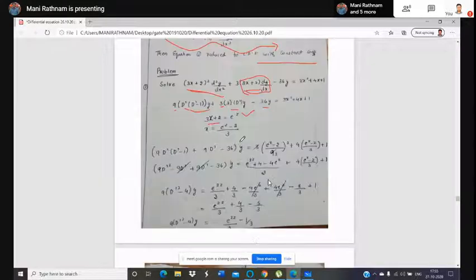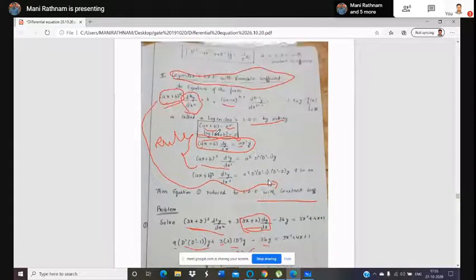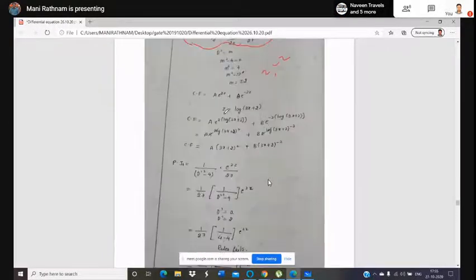Z equal to log of this 3x plus 2 is that value, because when it is ax plus b, e power z means z is log of 3x plus 2. And substitute here e power 2 log of 3x plus 2, e power minus 2 log of 3x plus 2. And bring this power to here, because you know the formula a log m equal to log of m power a. So like that, the power is brought in. Exponential log, for that purpose, we have to cancel it, so we have to bring in the power.